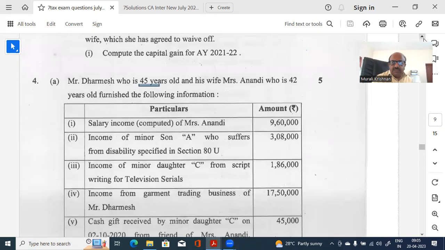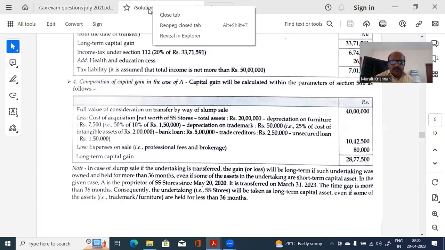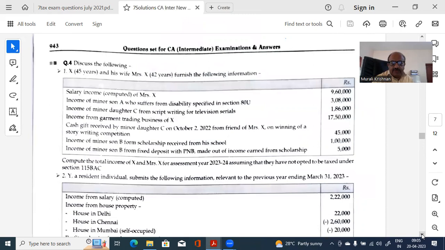How many marks is this? 5 marks. So that's why I told you these patterns are what you need to observe. 5. The next one may be 5, 5. Now, how can this problem be handled? See, this is a very nice way of